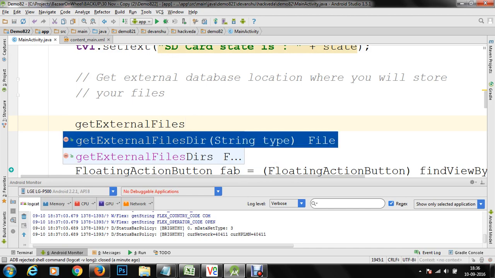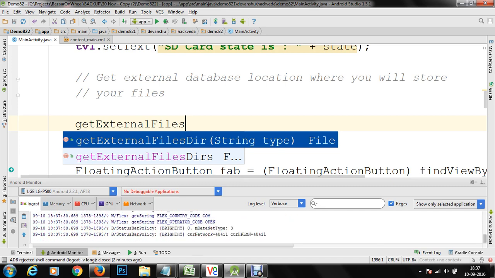So here you can see that you have two methods. One is getExternalFilesDir, which will receive a string and return you access to the file or the directory. So in API less than 19, you have to execute this method getExternalFilesDir, wherein you can get information about your primary, shared or external database.